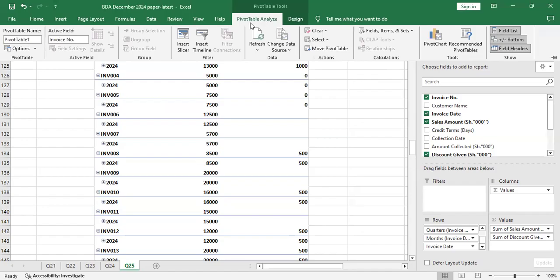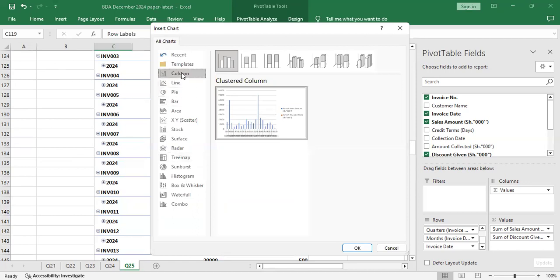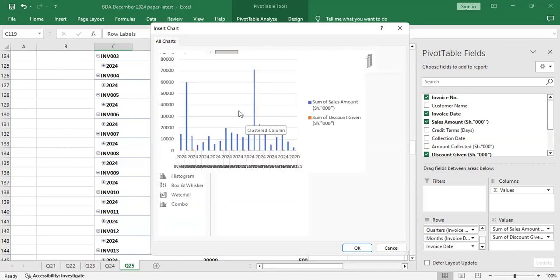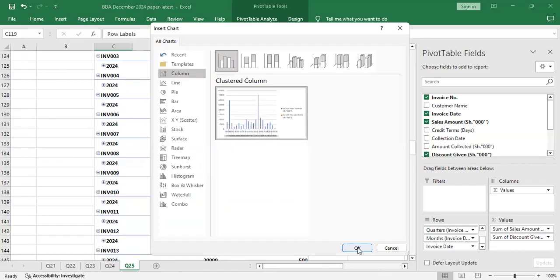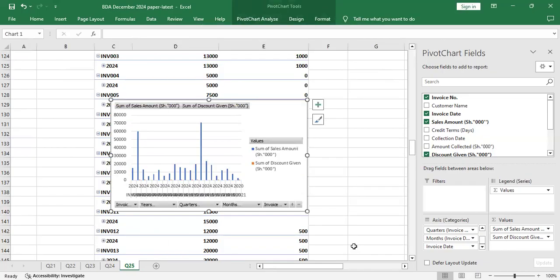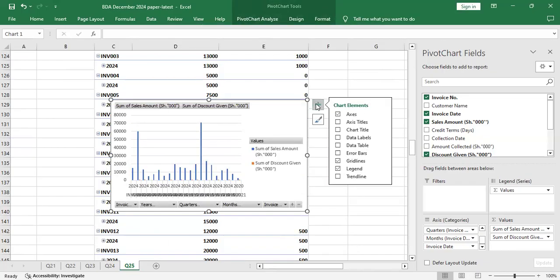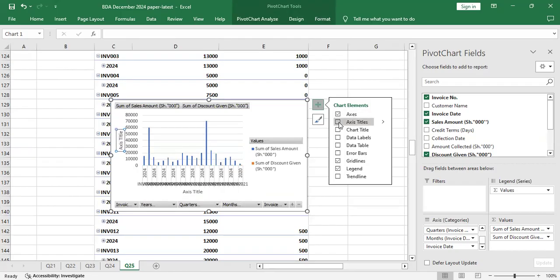Then we'll go to the charts. Yeah, we'll go to pivot chart. You can see, insert pivot chart with the data on this pivot table. So you'll be given that data, you given the columns, and you just come here and select that, and you say okay. Once you say okay, you can add the axis title, sum of sale amount, sum of discount given,